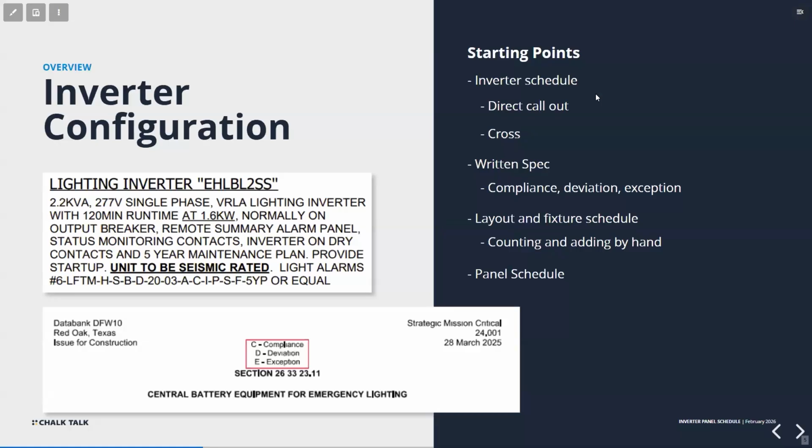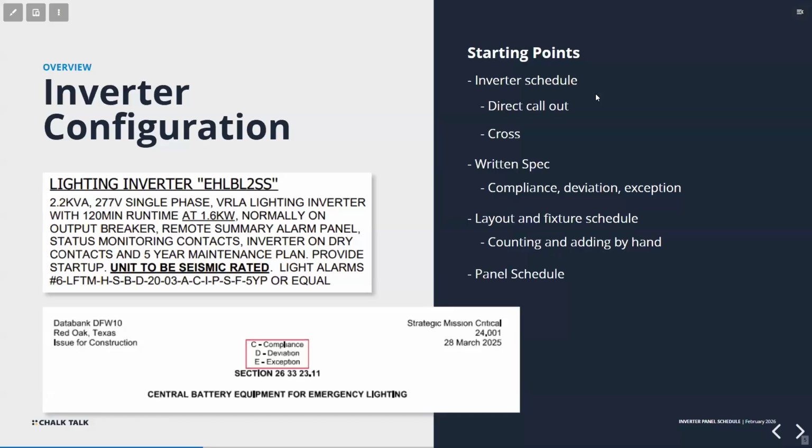Anyway, the next step would be if you have blueprints, and that's what we're going to specifically talk about today. But there's a couple different ways, specifically when we're discussing if there's a panel schedule attached in the prints or not. So when we don't see a panel schedule, there is still a way to specify an inverter. Essentially, you're going to look at the floor plans and notice where the luminaires are, and you're going to count up all of the luminaires, hopefully marked EM for you, or